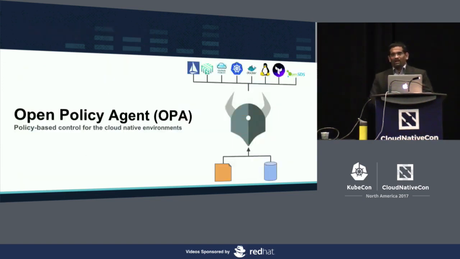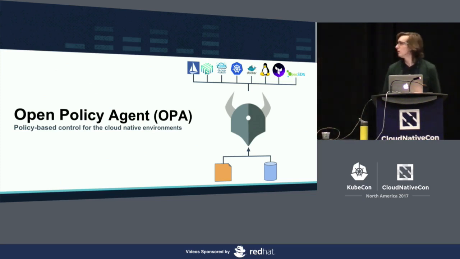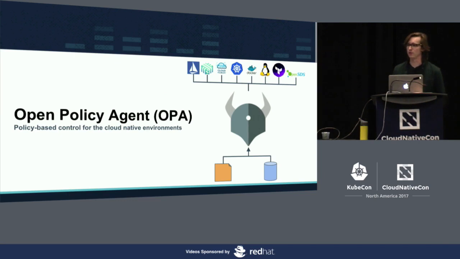At this point, I'm going to hand it over to Torin, who will explain how all this magic happens within OPA. Okay, thanks, Manish. Manish just gave a great overview of how Netflix is solving authorization at scale